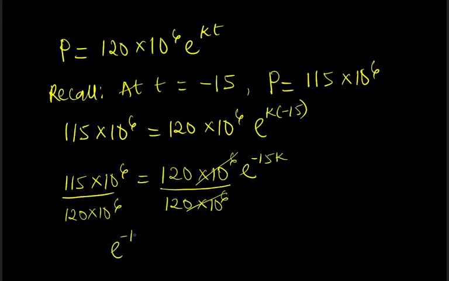Exponent minus 15k would therefore be equal to 0.958. Now, in this particular function, how do we eliminate exponents? By applying the ln function. Taking ln of both sides,